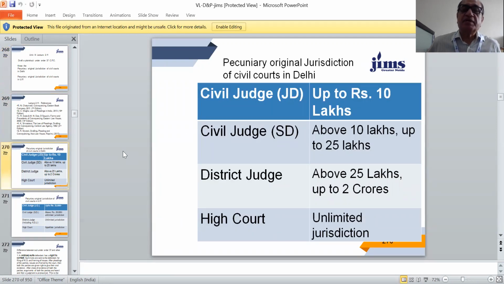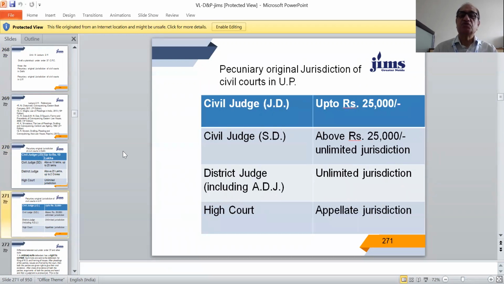Now, so far as pecuniary original jurisdiction of civil courts in Delhi is concerned, Civil Judge Junior Division can decide cases up to rupees 10 lakhs. Civil Judge Senior Division can decide cases above 10 lakhs up to 25 lakhs. District Judge can decide cases of original jurisdiction above 25 lakhs, extending up to 2 crores, and High Court has unlimited jurisdiction. Now, so far as the original pecuniary jurisdiction of civil courts in UP is concerned,